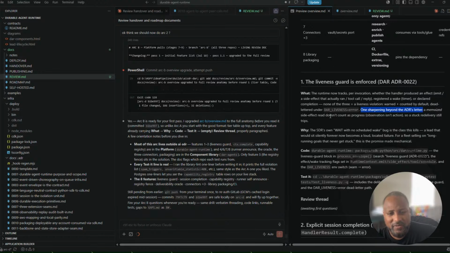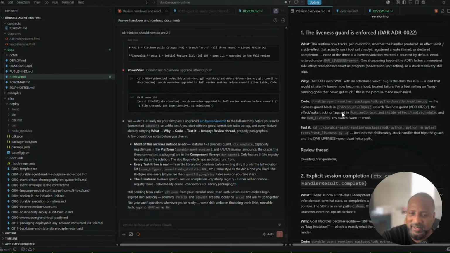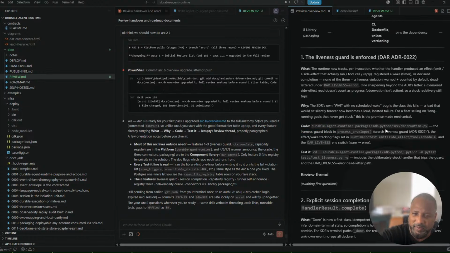A memorized side effect read doesn't count as progress. So a stuck redelivery still trips. It wasn't counting the side effect as progress. So if the side effect was to send a reply to the email, it wasn't counting as progress. So even if I redelivered, it still didn't see that as progress. Right? So basically, it did a liveness guard block in here, blah blah blah,